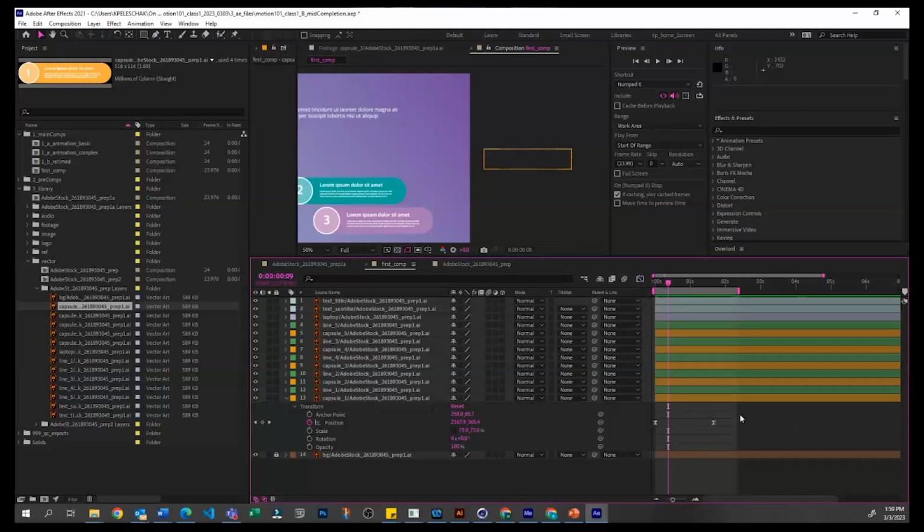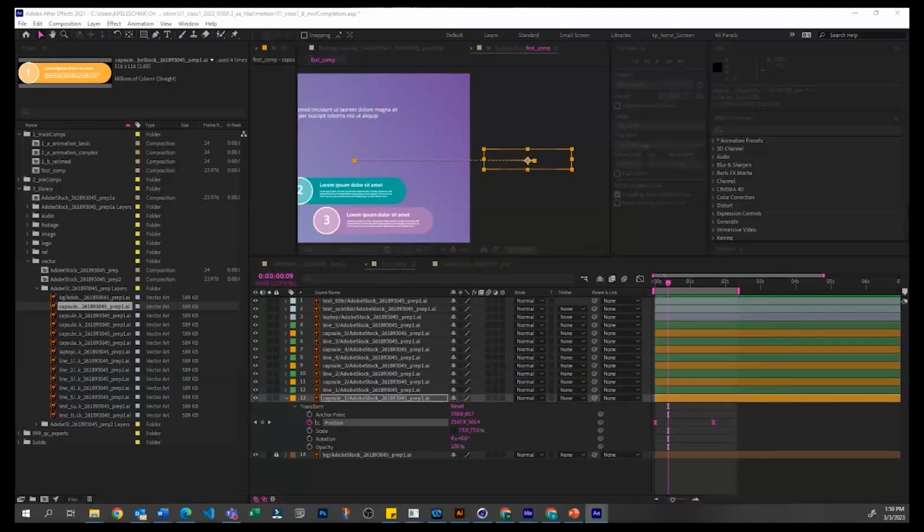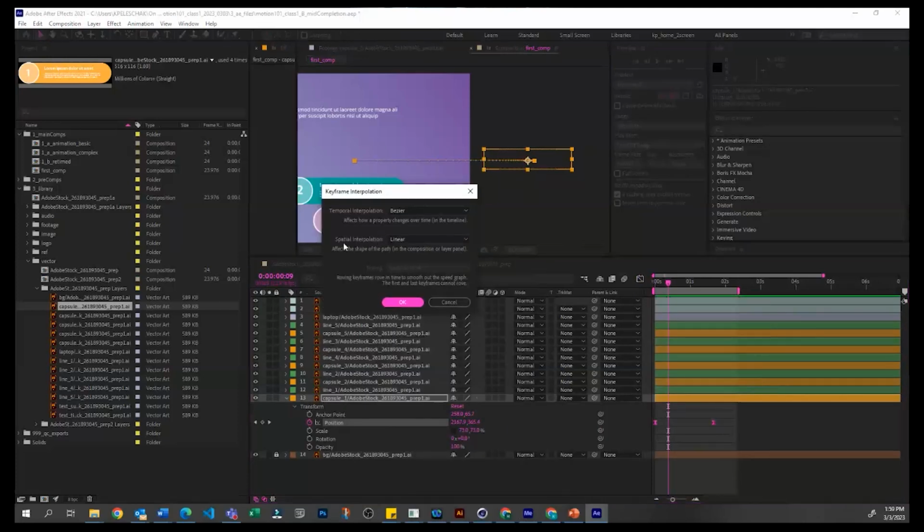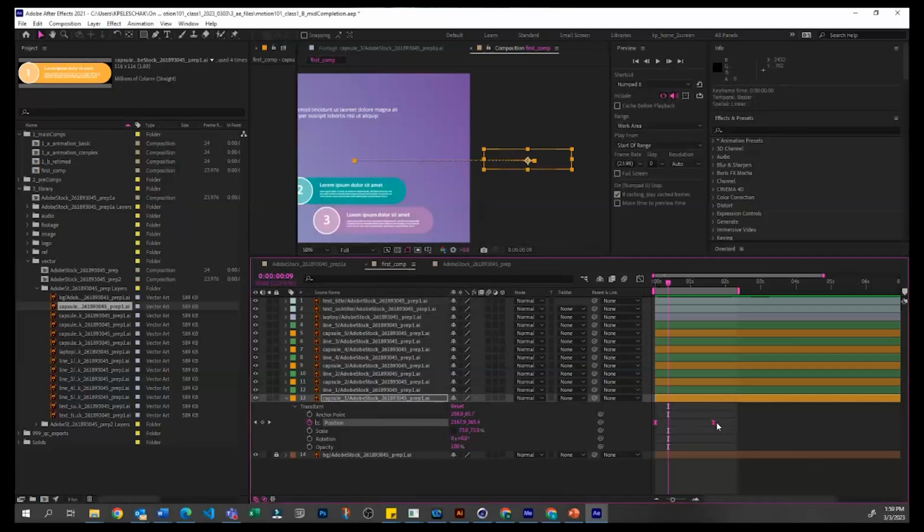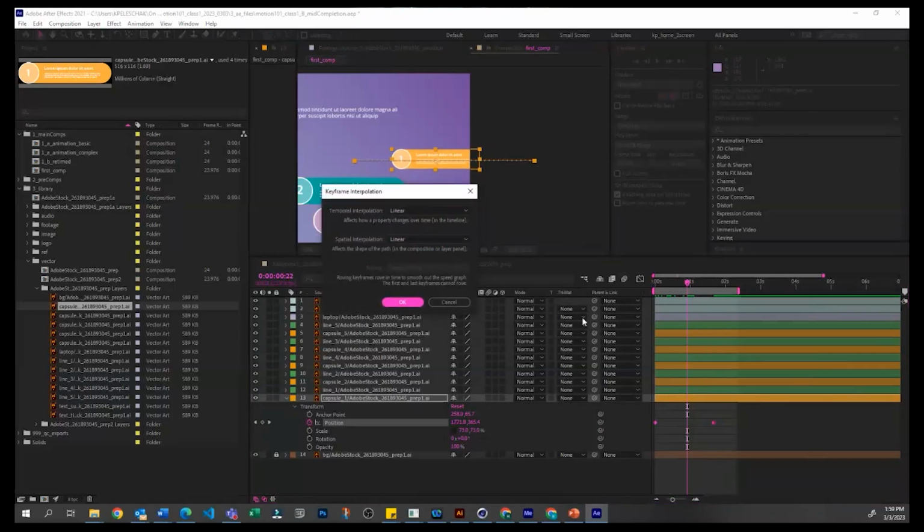And so if you right click this, that is what's called the temporal interpolation. That's how it's going to interpolate over time. But you could also change how it interpolates over space. What that means is you can add a Bezier curve. So I'm going to undo that so that it's still going at the same speed. Now if we right click these keyframes and go to keyframe interpolation, and on spatial,